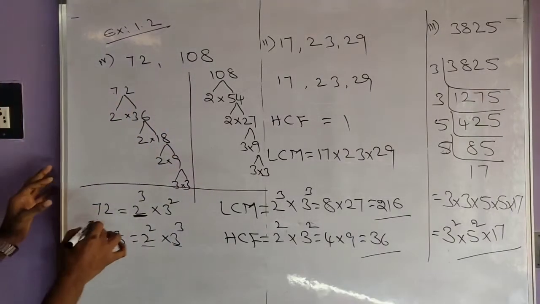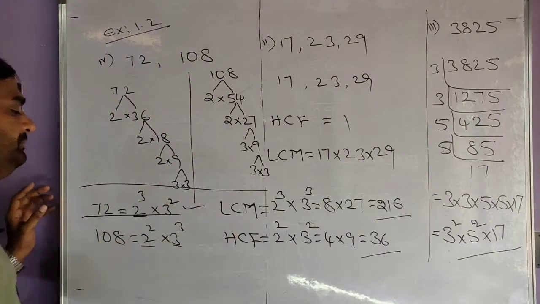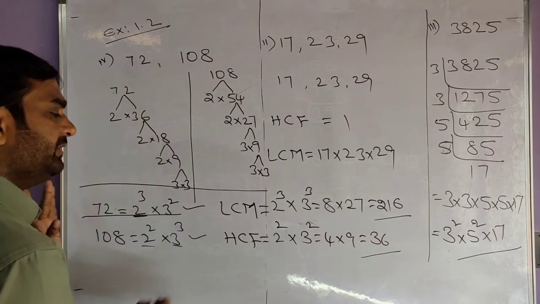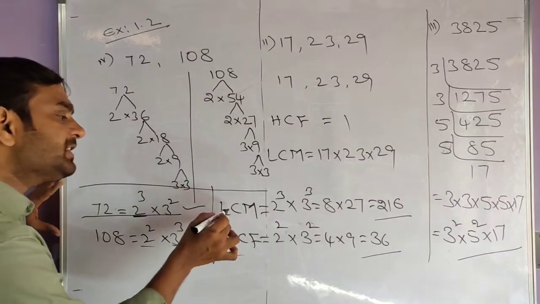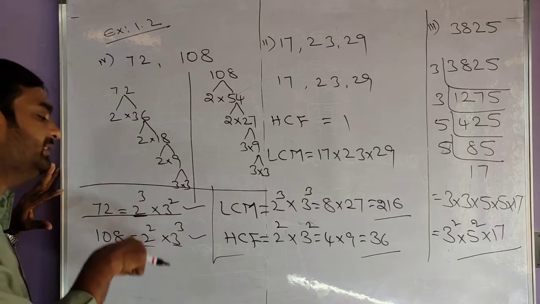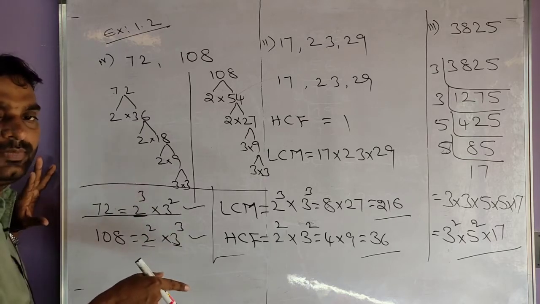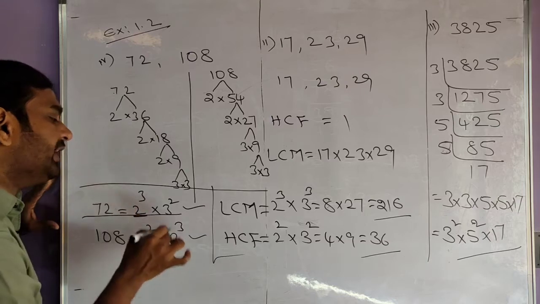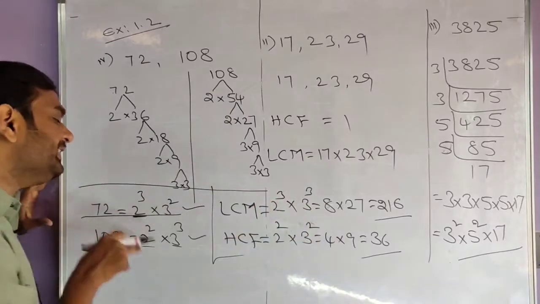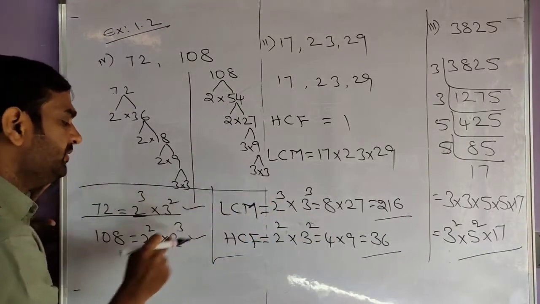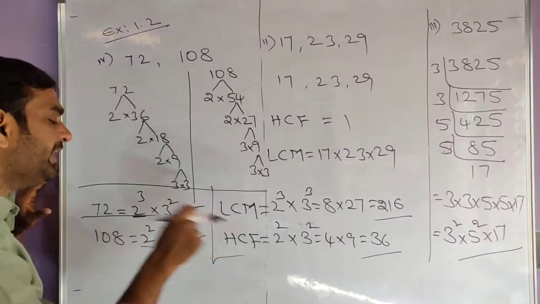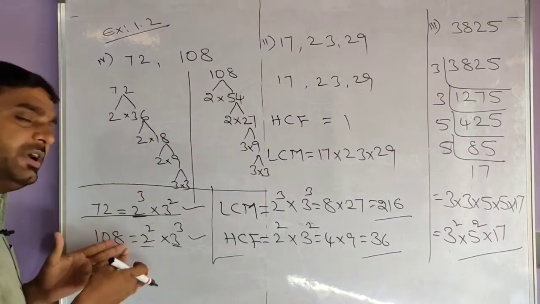Here, listen, we found the prime factors of 72, and here the prime factors of 108. Now coming to LCM and HCF: LCM is nothing but every prime number in its highest power. Here 2 and 3, two different numbers, are present. So I wrote 2 and 3, and in the highest power, for 2 it is 3, so 2 cube, and for 3 it is 3 cube. 8 into 27 is 216.